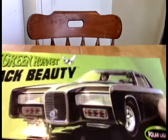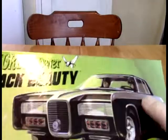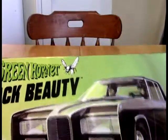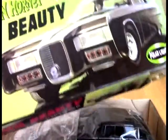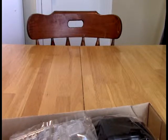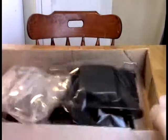I actually got 3, and one of them turned out to be white instead of black, so I can't do that one until it warms up more, and I'll be discussing that more in that review once I get to it. But for now, guys, this is one of the 2 cars that I intended on doing over the winter because it's too cold for me to aerosol anything. So, guys,